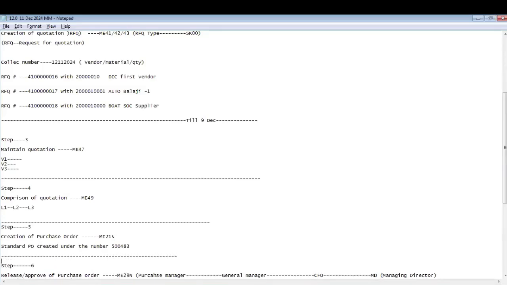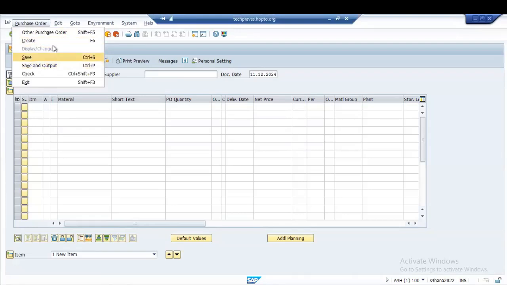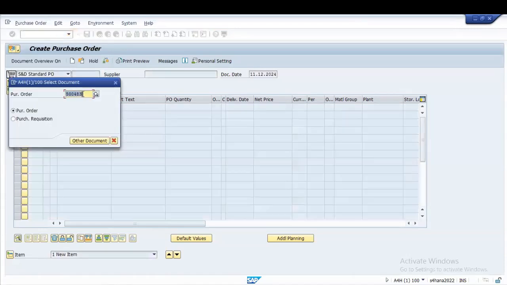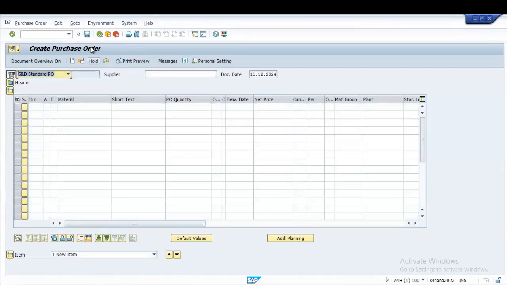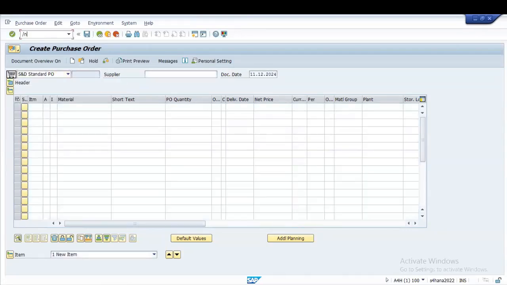So if you want to change, you can put another purchase order number here if you want. From here itself you can move, and there is also a tab here for other purchase order number. In the purchase requisition also you get this same screen. So you can enter, or otherwise if you want to go directly into change mode, you can use ME22